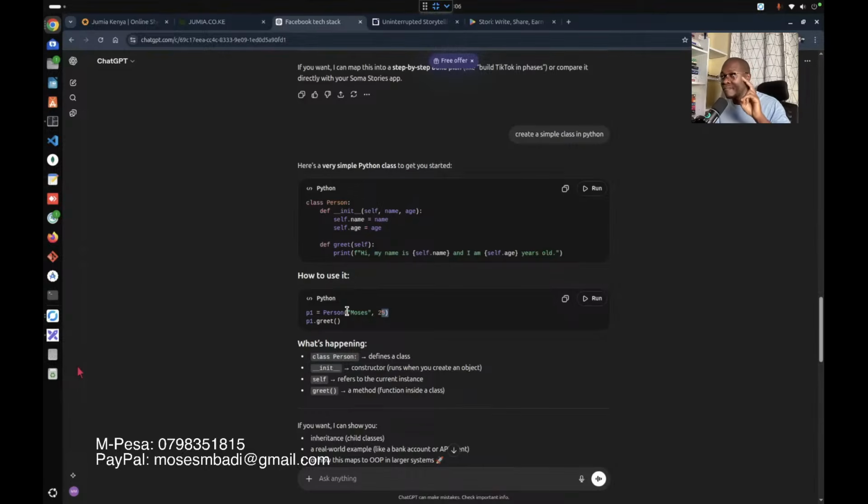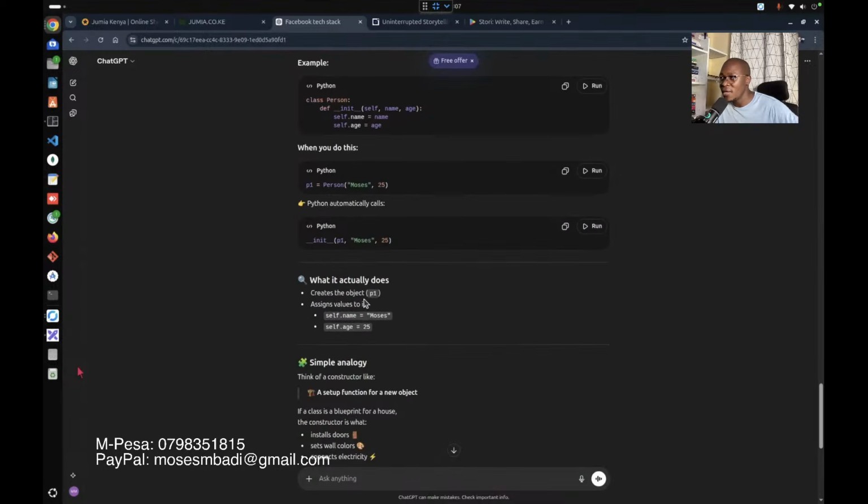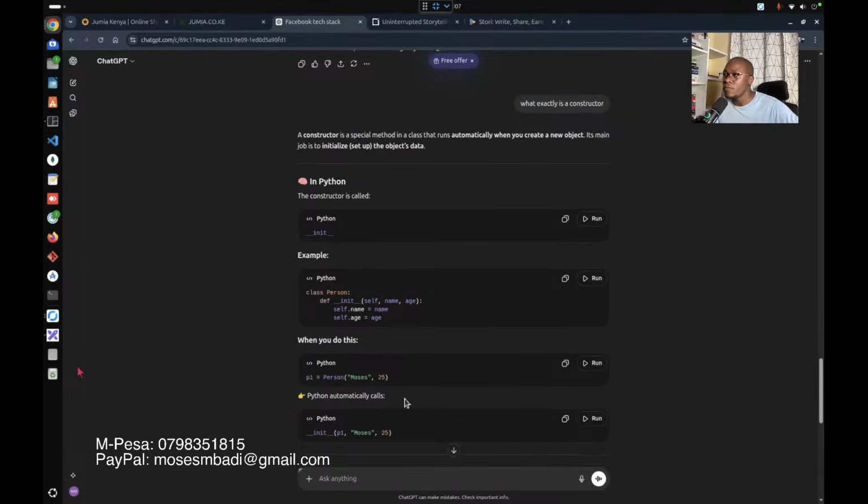Remember, we said the purpose of a function goes through 3 stages. Number 1, you define it. Number 2, you specify the instructions that will run inside it. And then number 3, you call the function. If you don't call it, it will not run. It will not do anything. Your instructions are as good as nothing. So that is what they mean when they say it runs automatically.